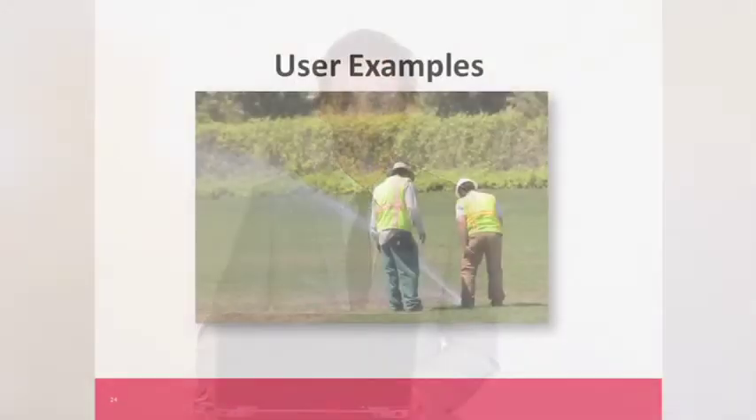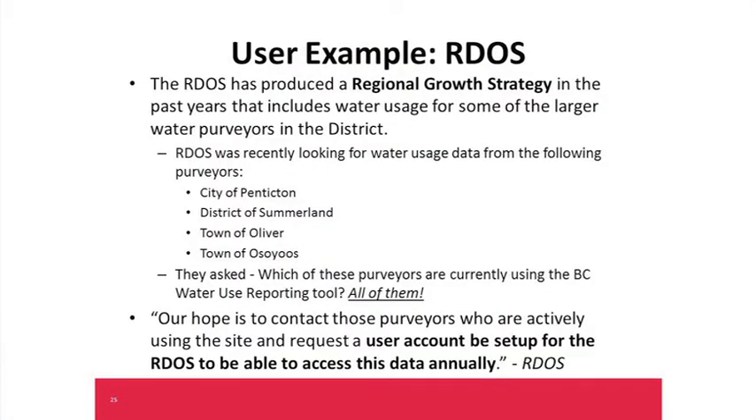Some water user examples. First, here we have the regional district of Okanagan-Similkameen, who has produced a regional growth strategy in the past years and includes water usage from some of the larger water purveyors in the district. And so they were interested in looking for water use data for these four mentioned on the screen: the city of Penticton, district of Summerland, town of Oliver, and finally the town of Osoyoos. And much to their delight, all four of these users were using the BC Water Use Reporting Center, and so therefore were able,